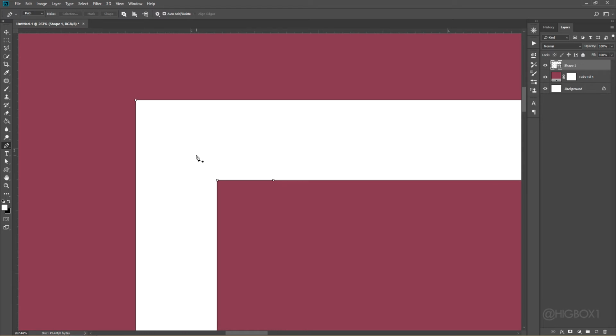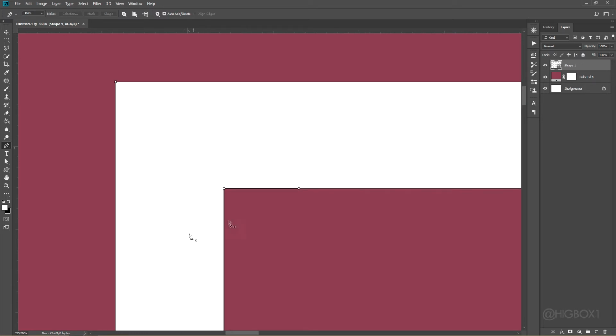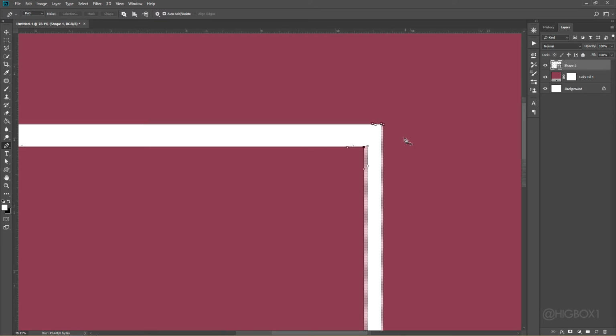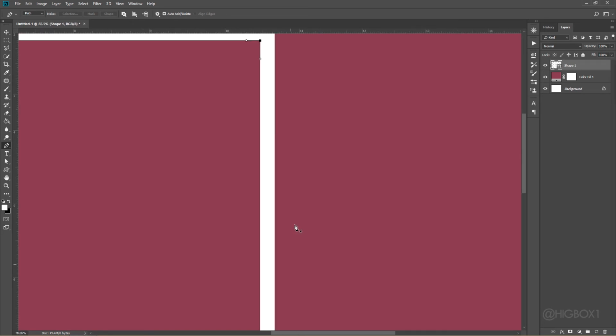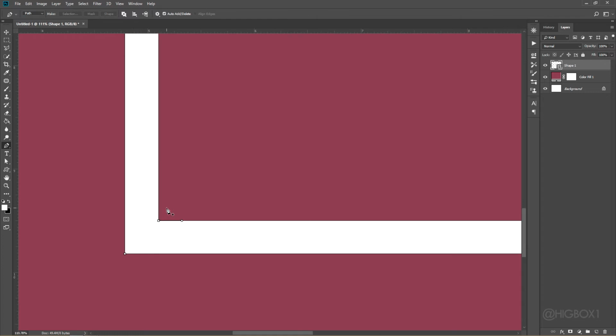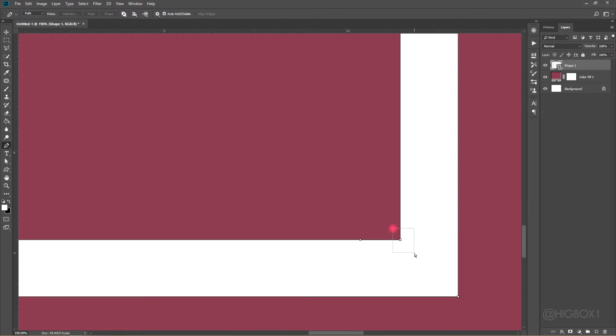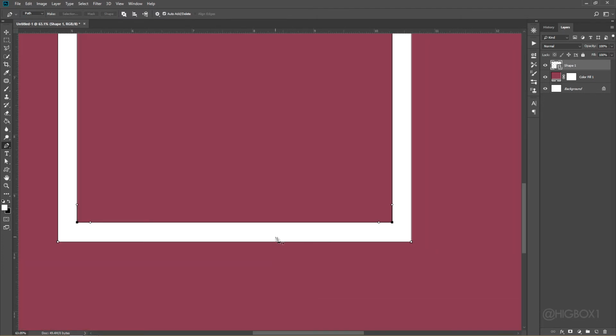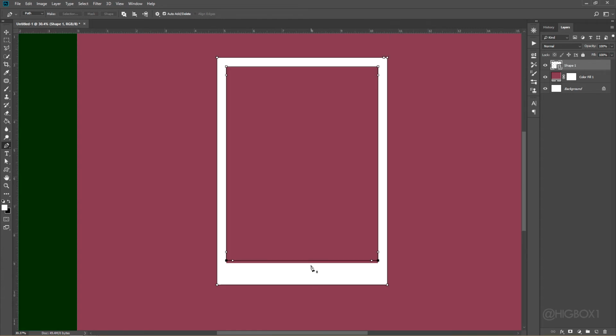I counted 25. 25 is giving me almost the same thickness, so I'm going to come to this other side, select this other side like we did from the other part. Now I'll count 25, select the down part, hold down my shift and select this also, move it up. This one you don't have to count, you can also drag it, but I'm using my arrow key to move it up. So this is how it goes.